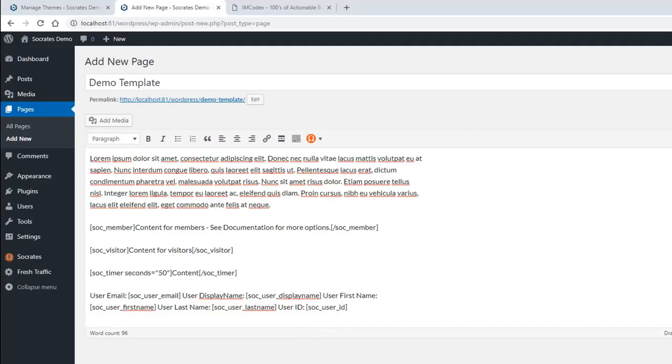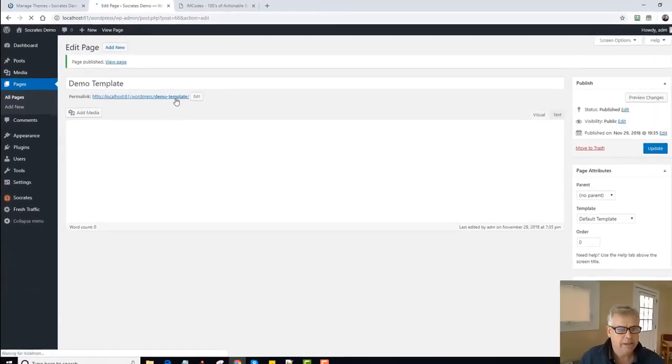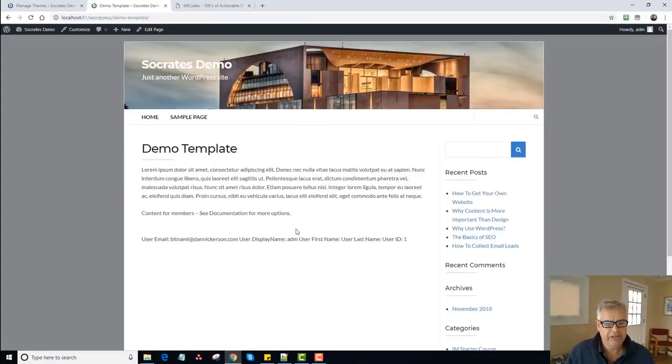Now, I'm going to click on Publish right now, and I'll click on this demo template. You can see content for members. The content for visitors is not hidden. This actually displays my email in here as well because I'm using a local host install at Bitnami. There's another secret for you right there. Now, I'm going to go back to this page,